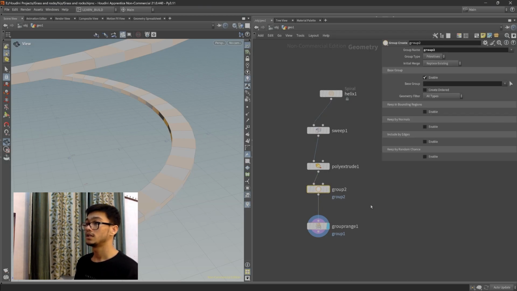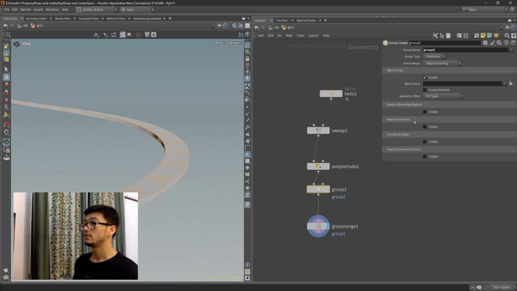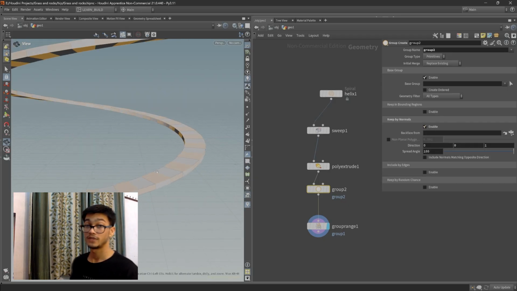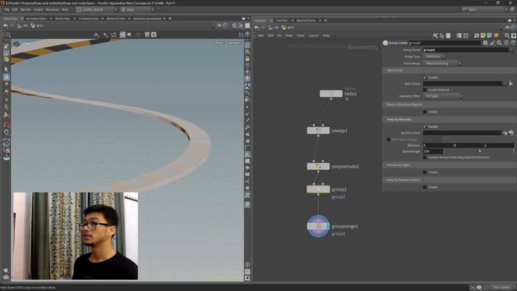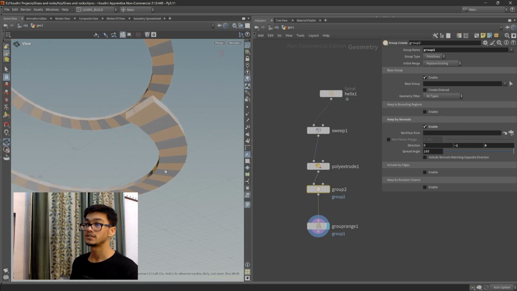Okay, in this group, I told you we have this option keep by normals. It's very handy here. So when you enable this, which direction do we want to group? Y, because only the Y faces are facing the positive Y direction. We have a minus Y direction. You can give it a minus option, like if you want to have these faces grouped, you can decrease the